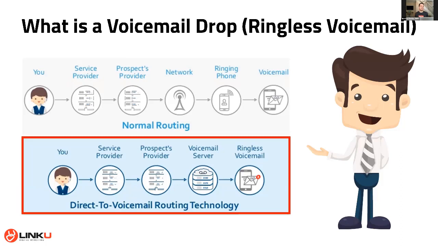The other feature I like to use for automation, besides the text and the emails, is voicemail drops, ringless voicemail. The way it works is you create a voicemail once, and then that voicemail can be used over and over again and dropped directly on the voicemail of your prospects or your clients or past clients. It shows up as a missed call from you in their voicemail, and it will show your caller ID or your phone number, whichever one you designate.